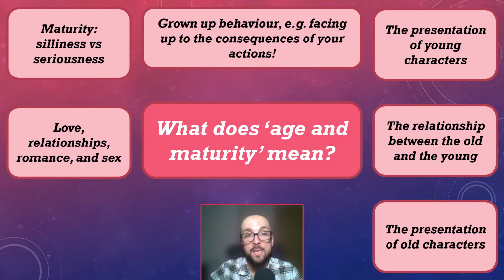Maturity also relates to love, relationships, romance, and sex, if you consider it in a more biological sense, for people generally physically mature through puberty and become adults. Likewise, showing a romantic interest in people and possessing lustful desires relates to the theme of age and maturity because it indicates a loss of innocence that is itself an indicator for childhood.